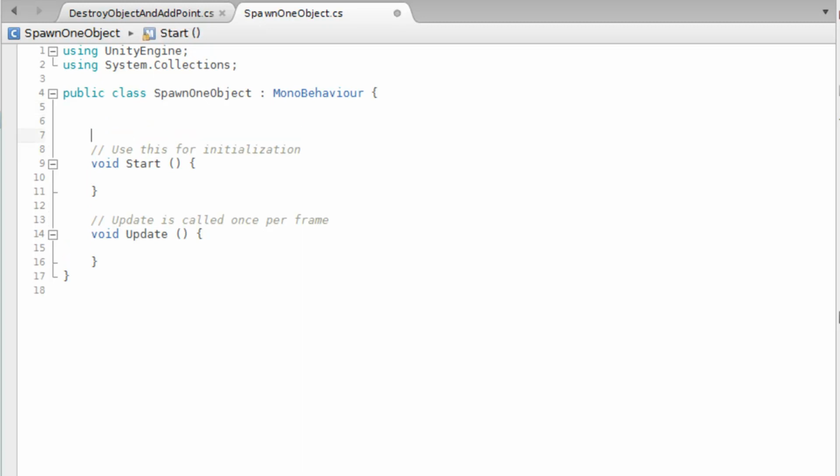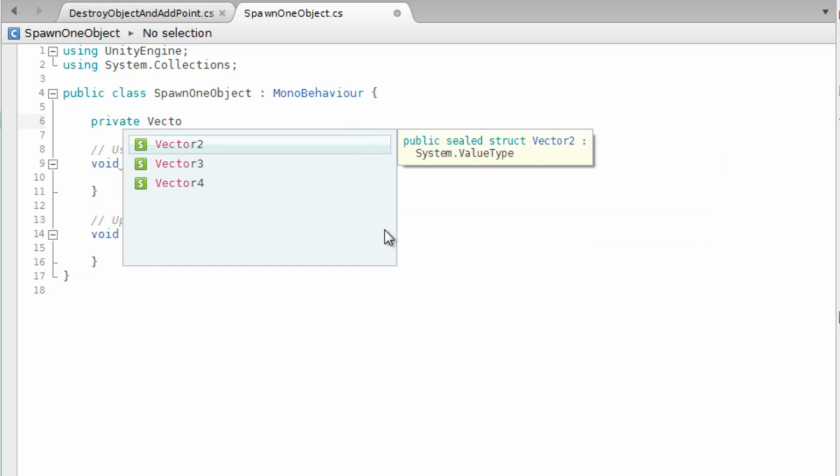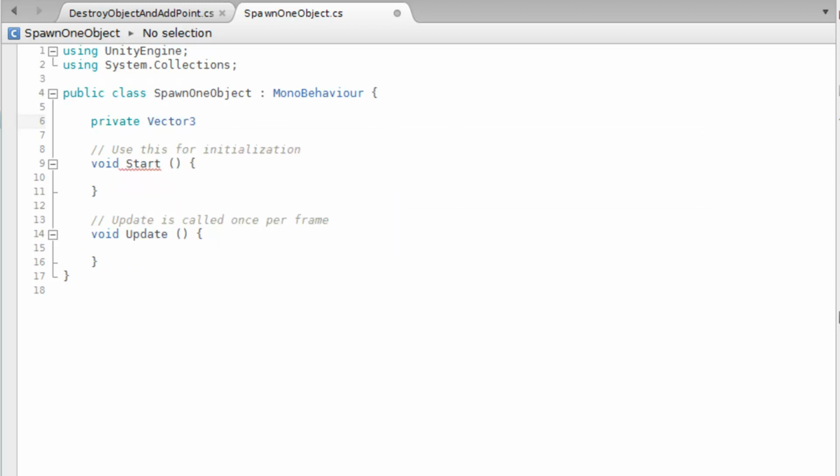First, I'm going to add a couple of variables, a private variable and some public variables. So I'm going to do a private Vector3, and that is just basically the XYZ coordinates, and they're stored as floating points. Don't let that scare you off. Everything in 2D or 3D space is stored in XYZ. This is no exception. So the Vector3 is, we're going to call it startPosition, which is what it's going